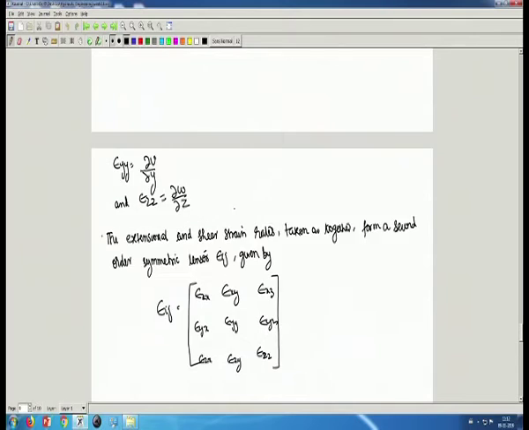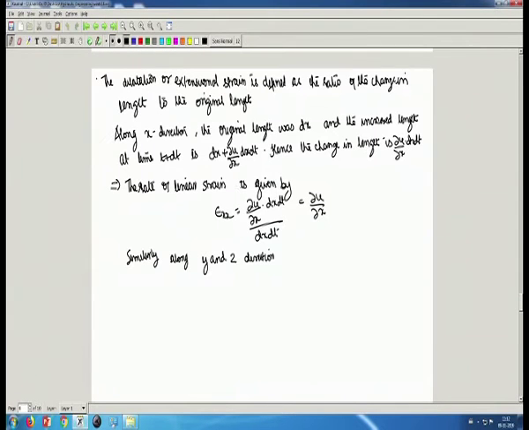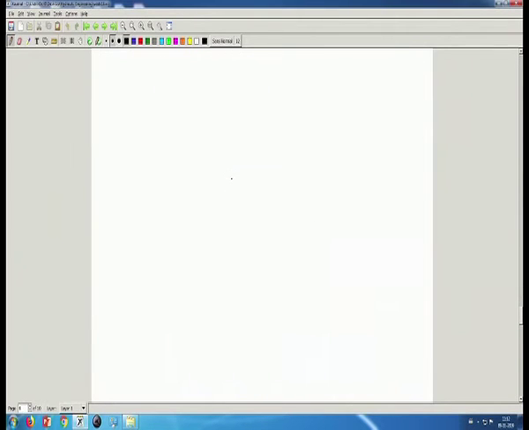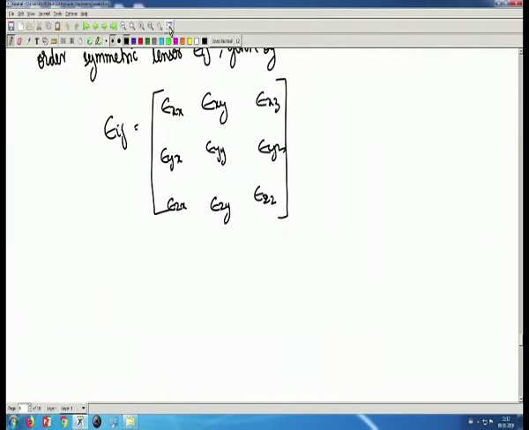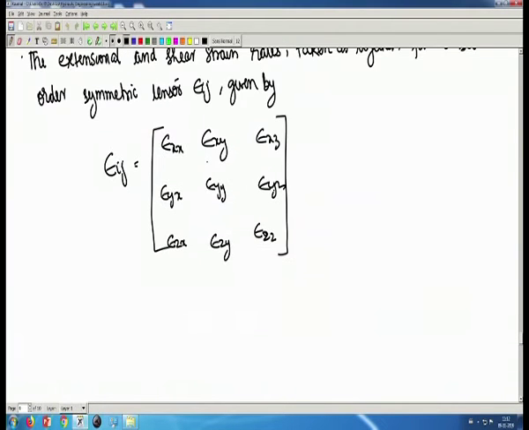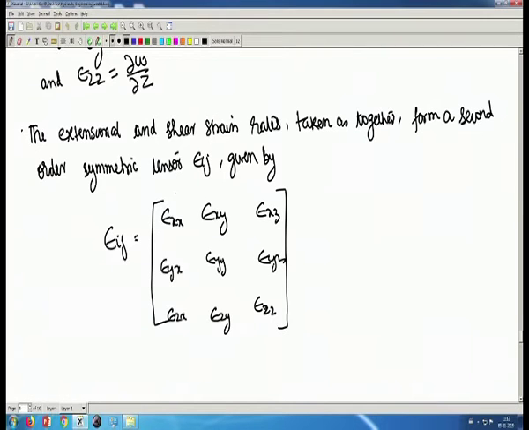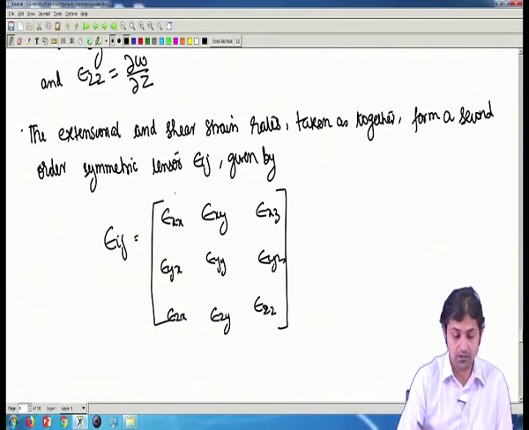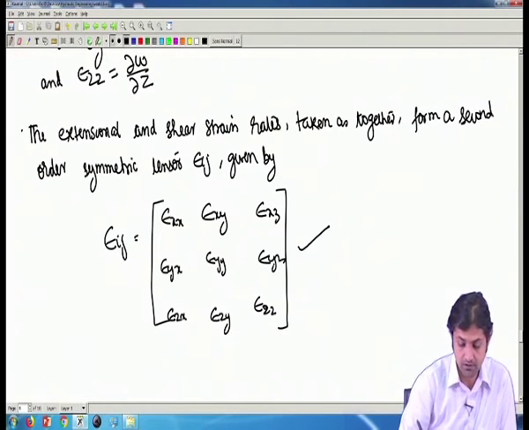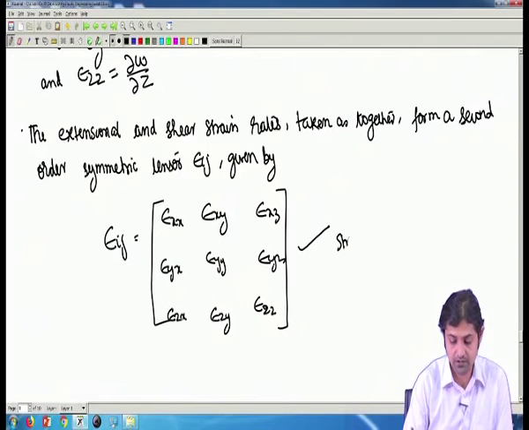So, in the last two lectures we have gone through and looked at the basic fluid properties, then we derived the rate of shear strain, and this is an important property which we are going to use in our further analysis. This is the last point where we concluded, writing the extensional and the shear strain rates. Extensional are epsilon xx, epsilon yy and epsilon zz, whereas the shear strain rates are epsilon xy, epsilon xz and epsilon zy. So, this is the matrix of the strain rates,